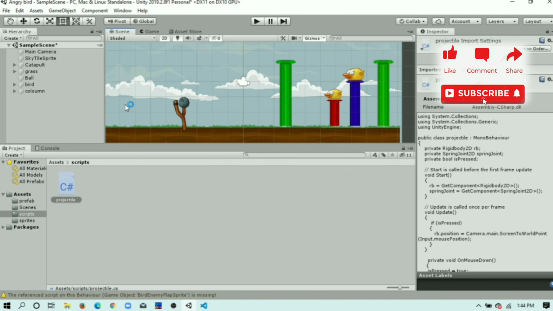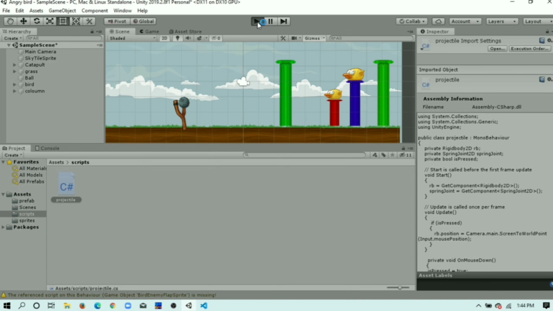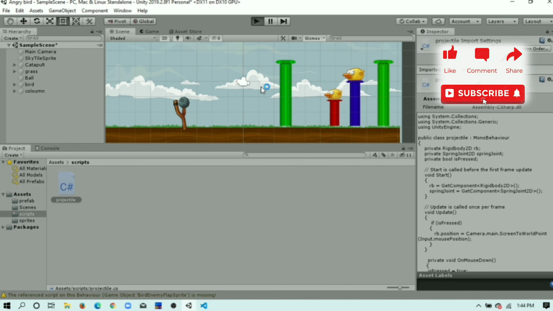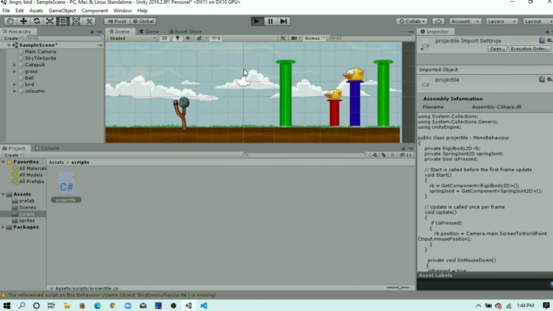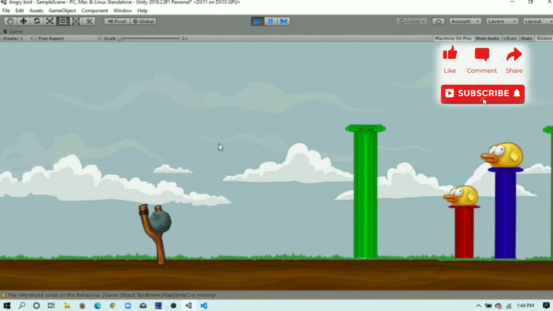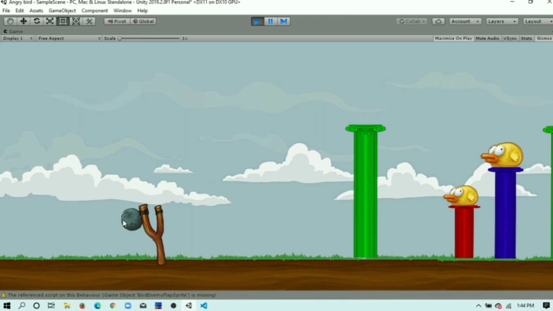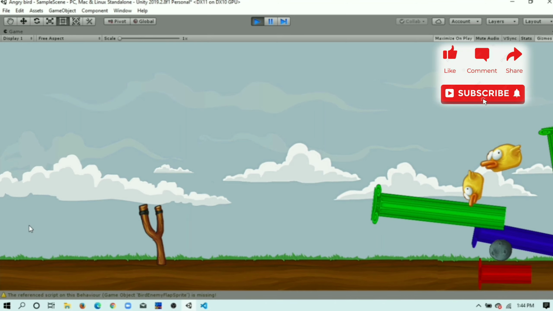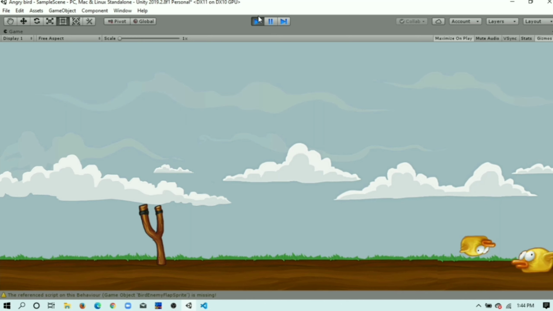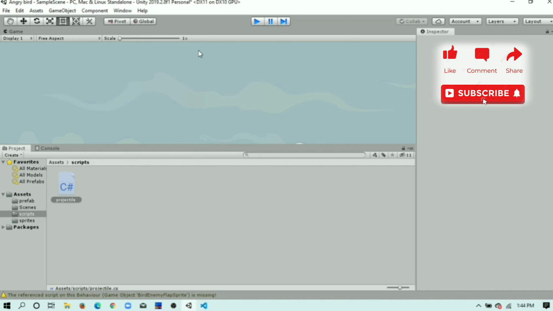Now I will show you another gameplay of this game, and this time we will stretch the ball further, and like that it will go with more speed and will hit the columns with full power. And now we will stretch it further and let it go here. Yes, now I cannot see any columns in this scene.